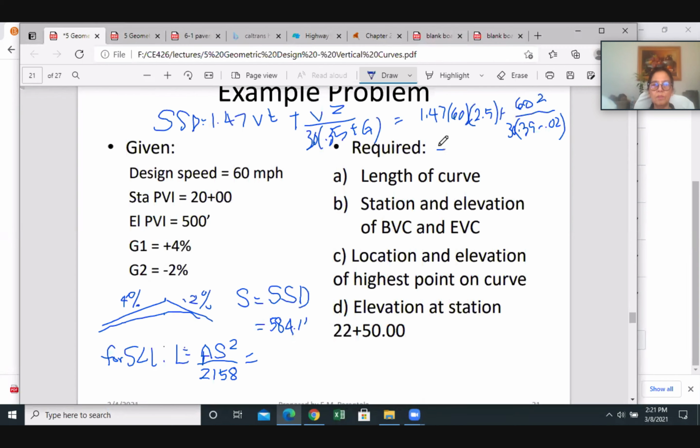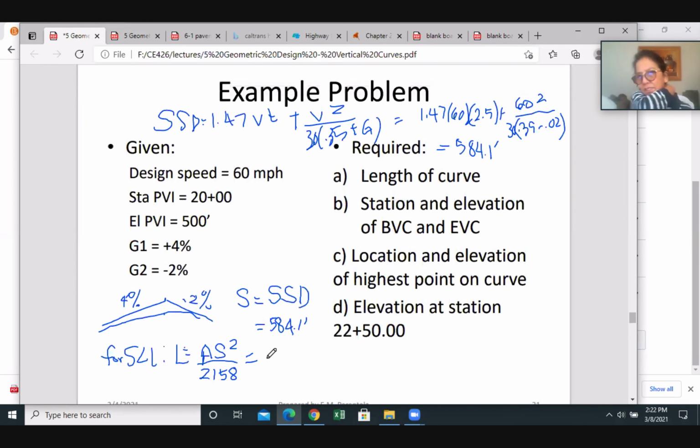So that will give you 584.1 feet. So now substituting the value of S here in this equation, we'll get L is equal to